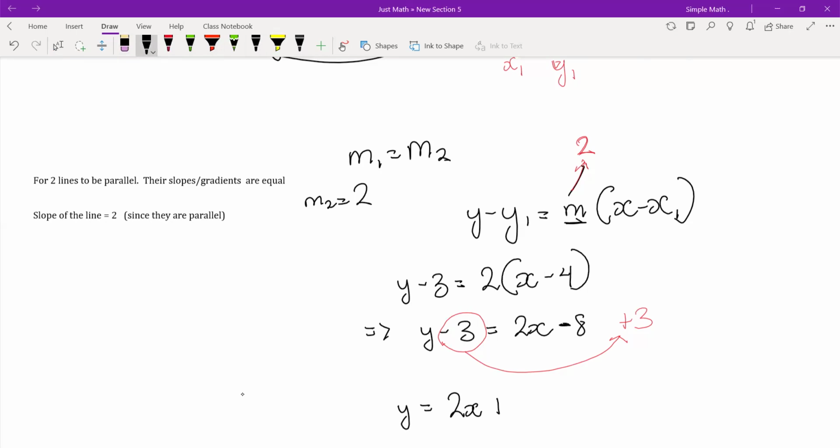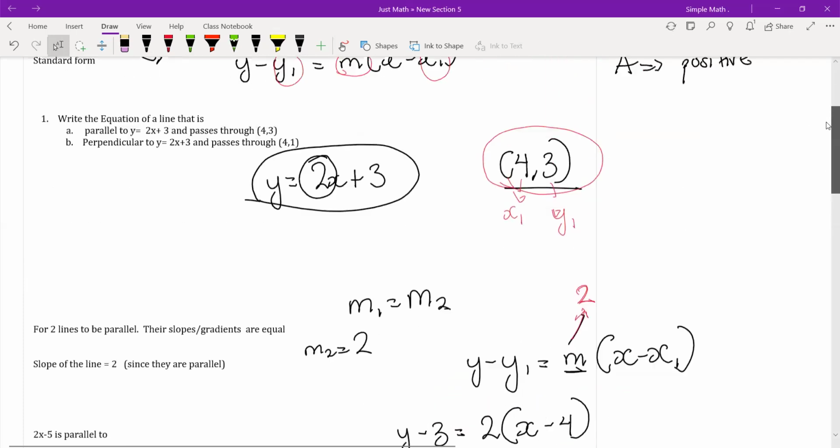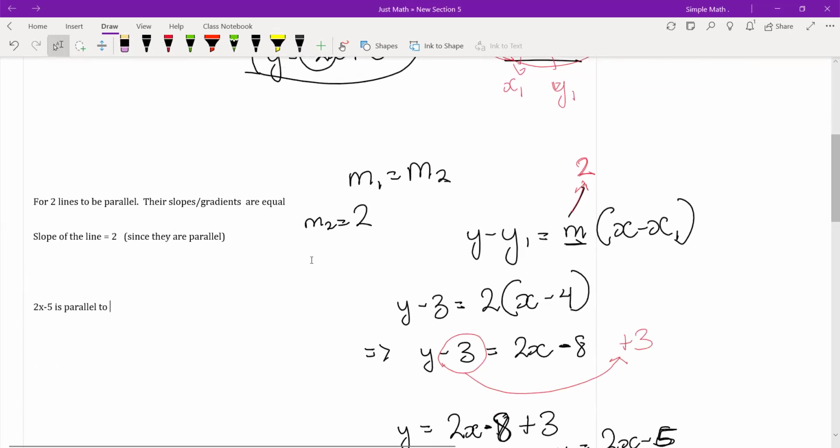Okay, 2x minus 8. I'm so sorry for that. 2x minus 8. Okay, plus 3. So in the end, this will give us y equals 2x minus 5. Right, so our answer means that 2x minus 5 is parallel to 2x plus 3